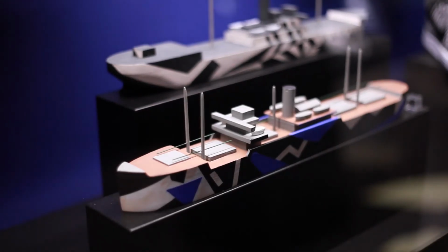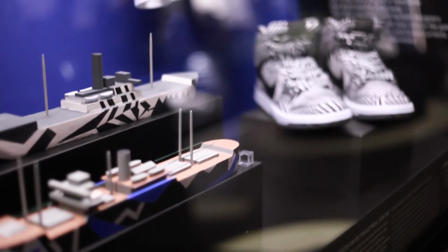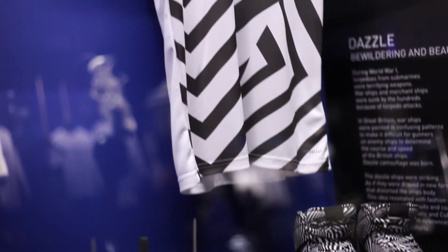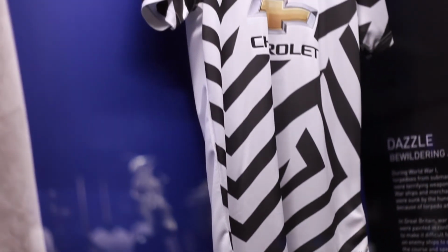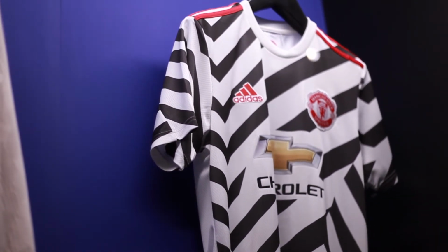So it's not camouflage, because it's not meant to conceal the ship, but it's meant to confuse the enemy, so they can't really see which course, which speed, and maybe even the shape of the ship. So that's something that inspired the fashion designers, but also artists, because you had these warships with guns everywhere, with the speed, with the death and the destruction, and all this horror that was also fascinating to a lot of